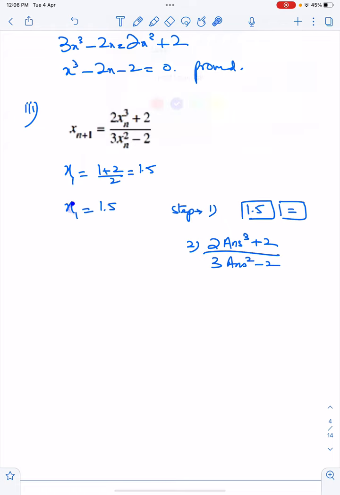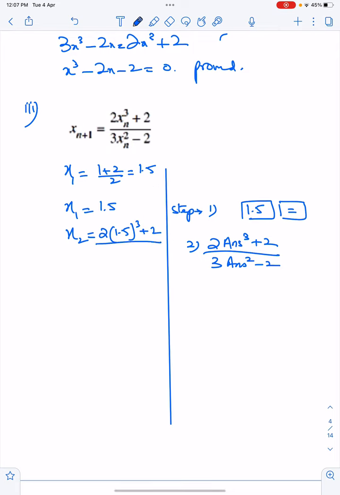Okay, so this is my x1. I have pressed the equals to sign, and I'm getting x2. Because I've already put this formula in the calculator, the calculator is taking answer as 1.5 and calculating it. So after putting 1.5 and writing down this formula and pressing equals to, the calculator is giving me the second value, which means the calculator is solving 2 times 1.5 cube plus 2 upon 3 times 1.5 square minus 2. And the calculator is giving this